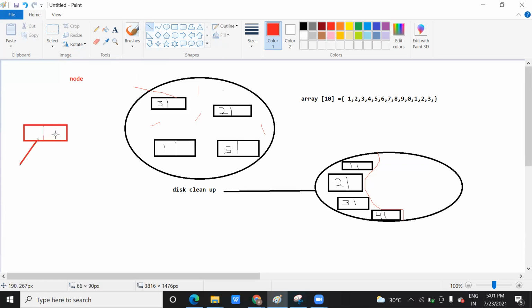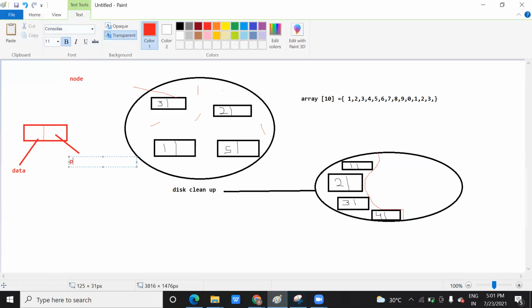This part is called your data. This part you can call a pointer, or better you can say the address of the next element or next item. So now each data, like suppose 1, after 1 what is coming? 2, right?